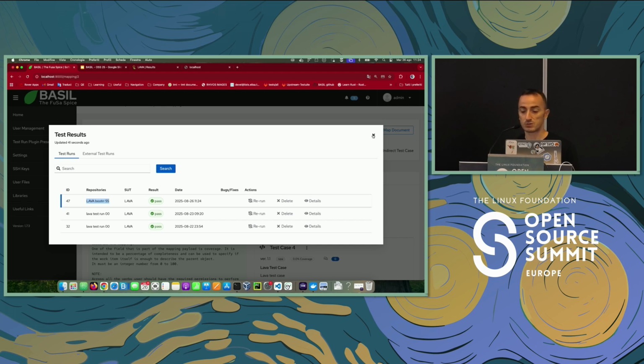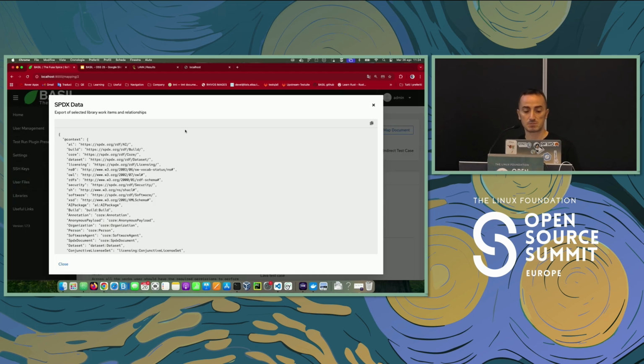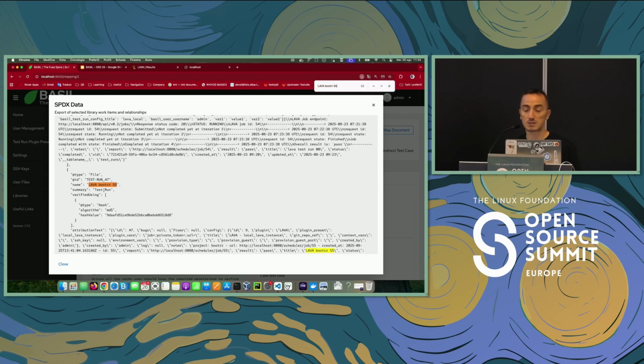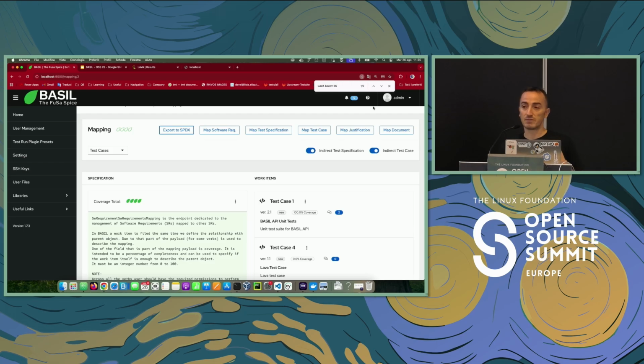When you export your traceability matrix, just pressing this button, you will see that your test run has been listed in your traceability, and it's related to your test case, that's related to your software specification, related to your software component, whatever the traceability is. Okay. That's how to navigate external test results and to map to